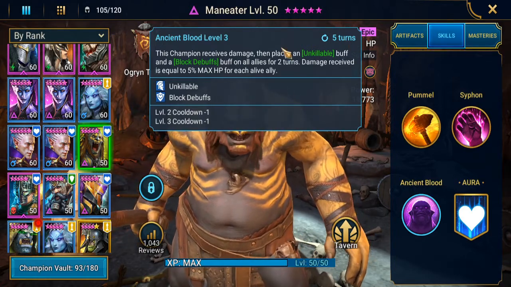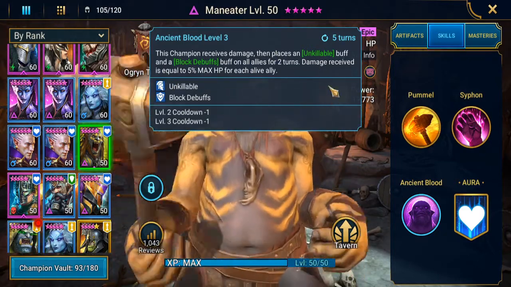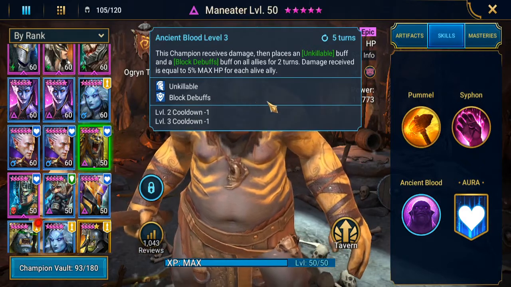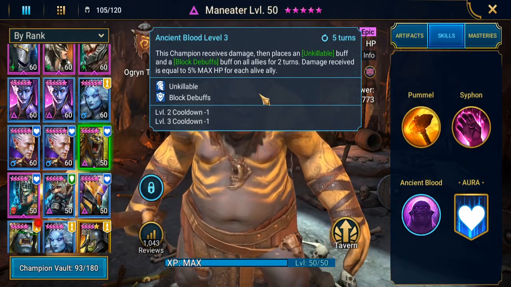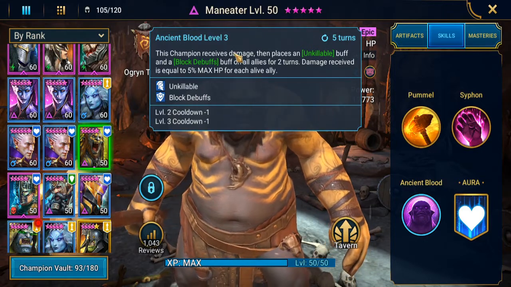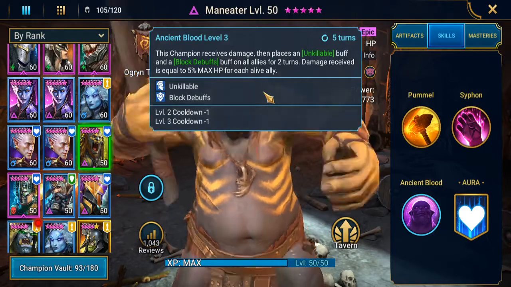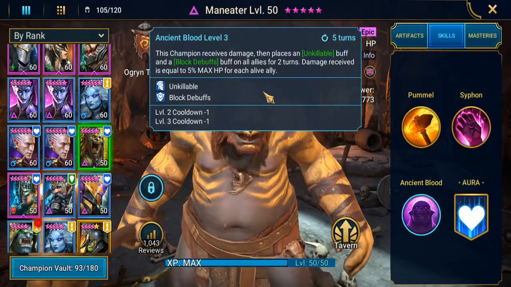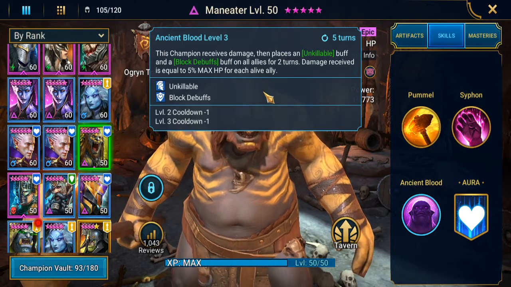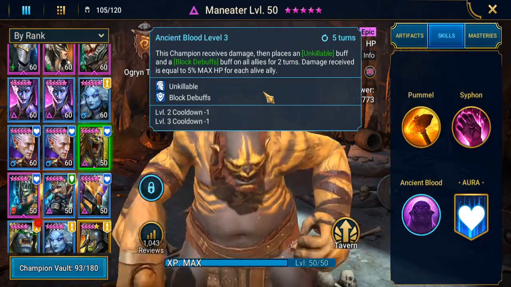Now, if you don't know who Maneater is or what he does, basically this skill right here is the only thing we care about. It basically gives your whole team unkillable and block debuffs for 2 turns. Now, this is going to allow them to withstand the damage, or not be killed by damage, for 2 of those turns. And then, at that point, it also is going to protect your slow boy when the